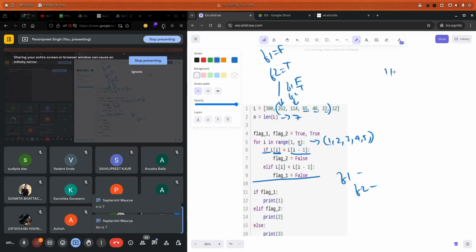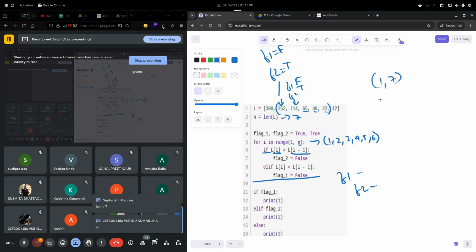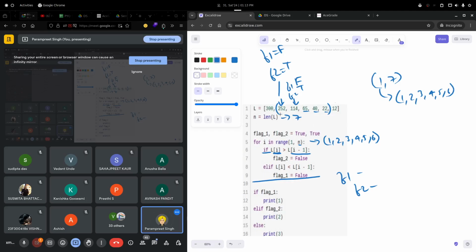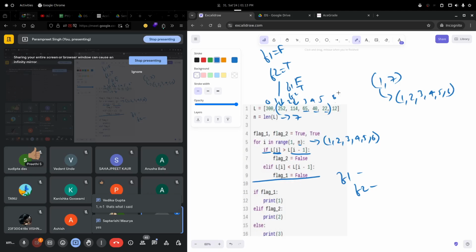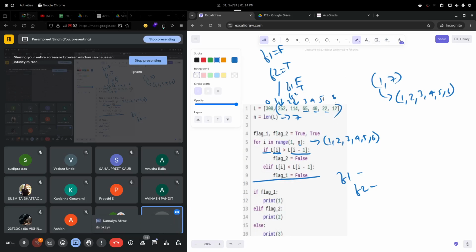Okay, 1 comma 7 है, range 1 comma 7 है. That means it will generate 1, 2, 3, 4, 5, 6. Sorry, this is the 0th element, this is first, this is second, this is third, fourth, fifth. Okay. Sorry, confusion हो गई. Sorry guys, confusion हो गई. Okay, yes, it will have this last element as well. And okay, ठीक है, even if it has last element, so last element के लिए भी same वही होगा, false